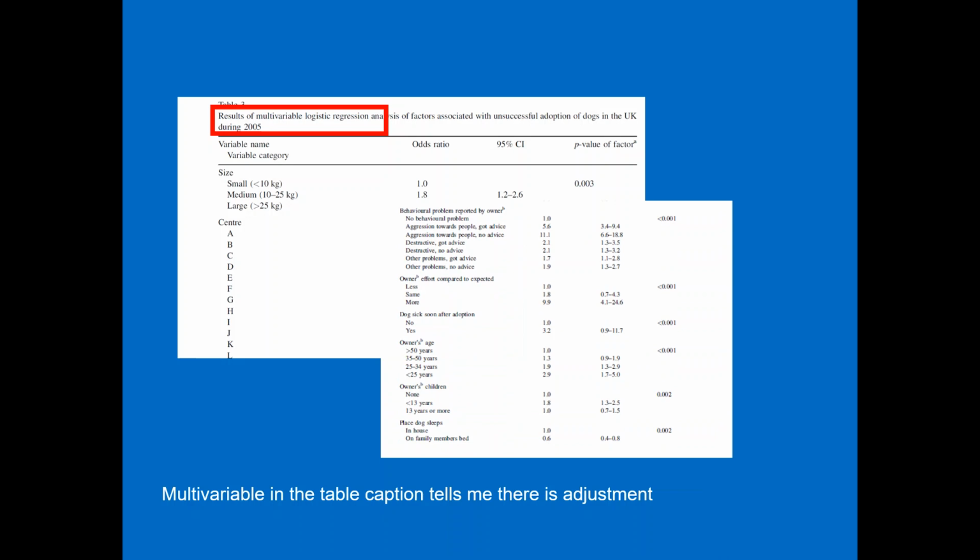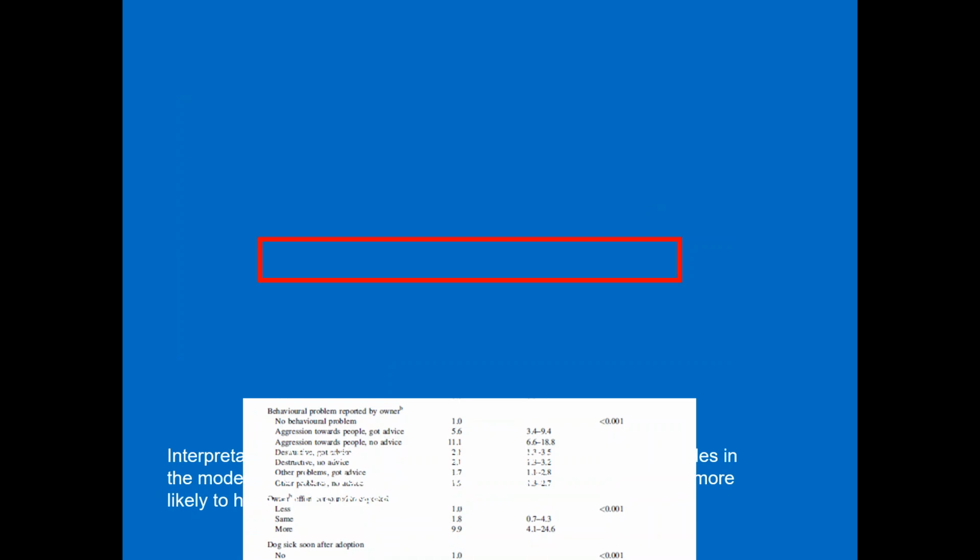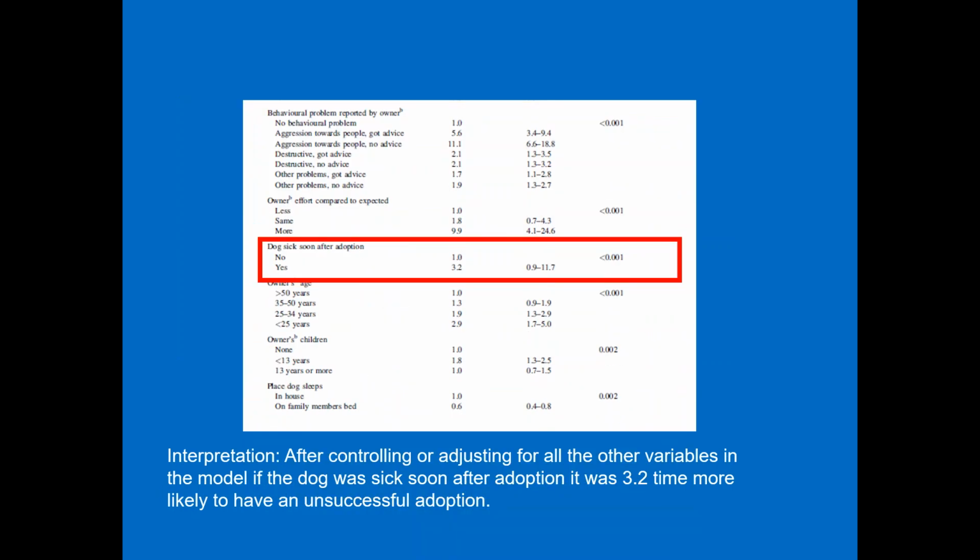So I'm going to just step you through how we interpret them, and the truth is we interpret the odds ratios with very little difference. So let's narrow in on the dog was sick soon after adoption. What you see here is a 1. Sometimes you will see the word ref, which means it's the category that's been compared to. And so it's saying if the dog was sick soon after adoption, it was 3.2 times more likely to have an unsuccessful adoption. That value, though, could have ranged to